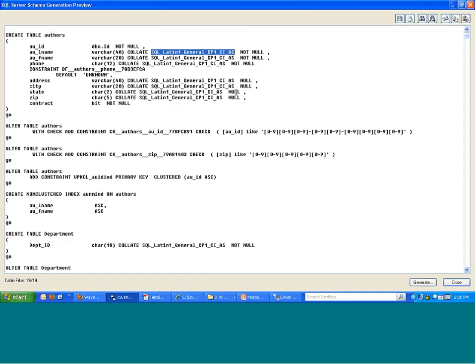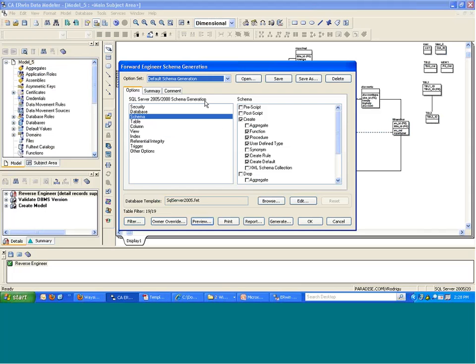Now, this is actually a server property, so this is not incorrect syntax. However, it is more than I necessarily want to see, and there's no convenient way right now to remove these. And I don't necessarily want to delete them out of the entire model. It could be painstaking, but I don't want to see it in my SQL syntax. So